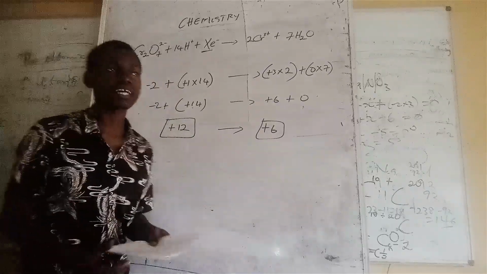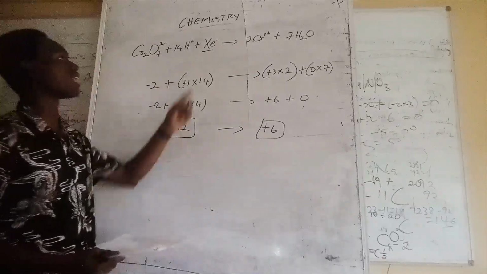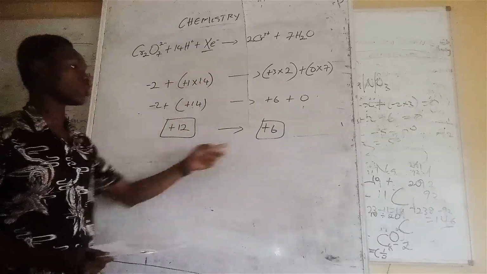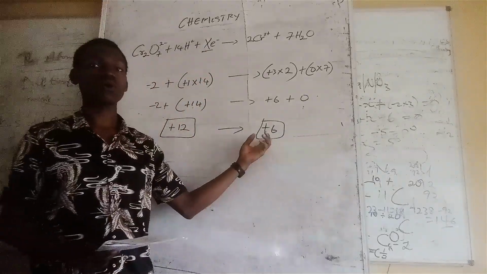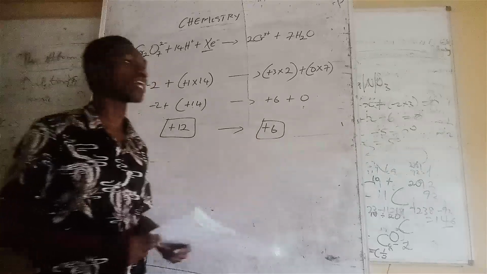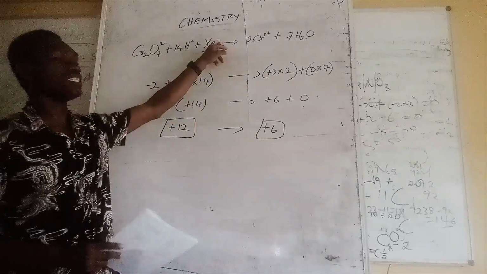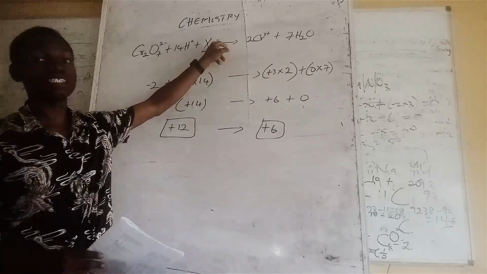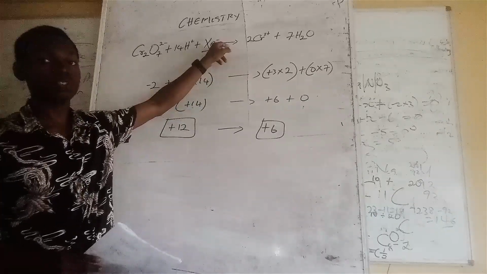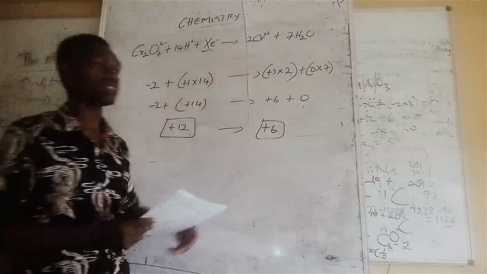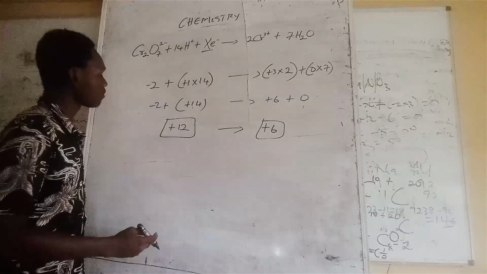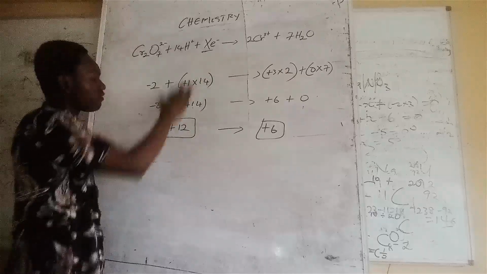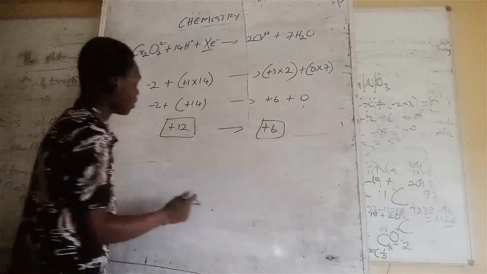So this equation is trying to tell us that whatever x will be on this reactant side should correspond to the charges of the product side. So what do you think x will be? Remember that x is a negative value, right? There is an electron there, and negative. So let's quickly analyze that. We simply want to reduce this particular number. Since it's negative, we want to reduce the number. So if we do that,